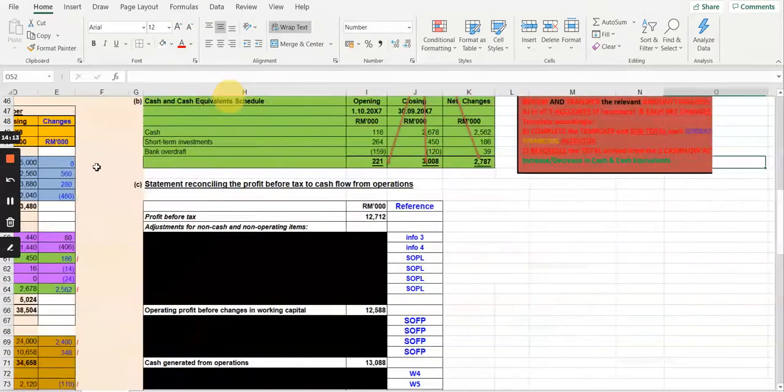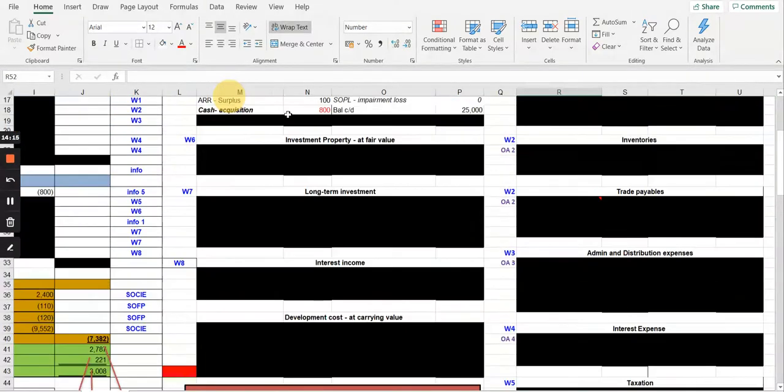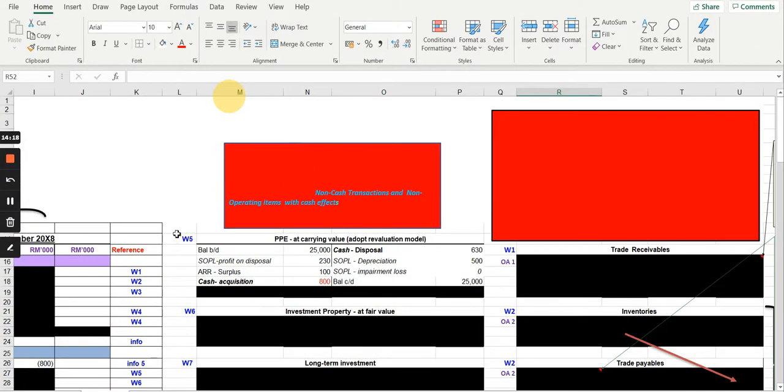Because it was at carrying value, we don't have a depreciation account that was being maintained, and it was actually included already in our admin expenses. The depreciation account was actually part of the admin expenses. The accumulated depreciation account was not shown. So I put back the depreciation. In case you have any impairment, put that there. So the missing figure here is actually, if you total up this section,